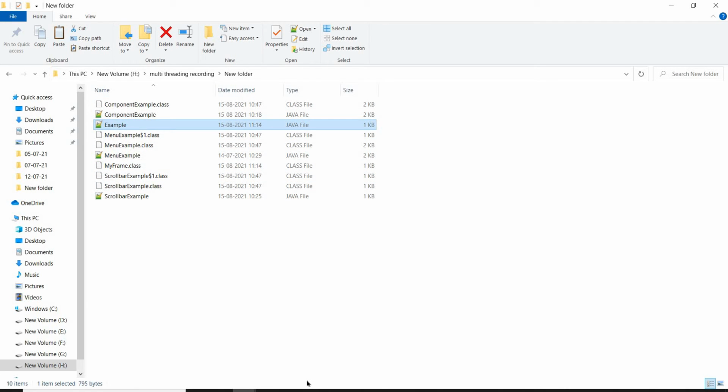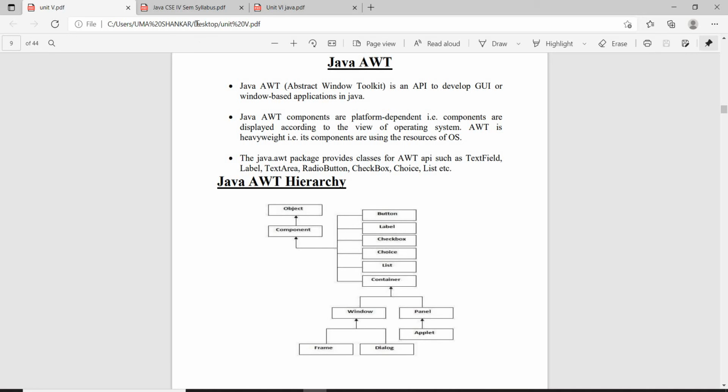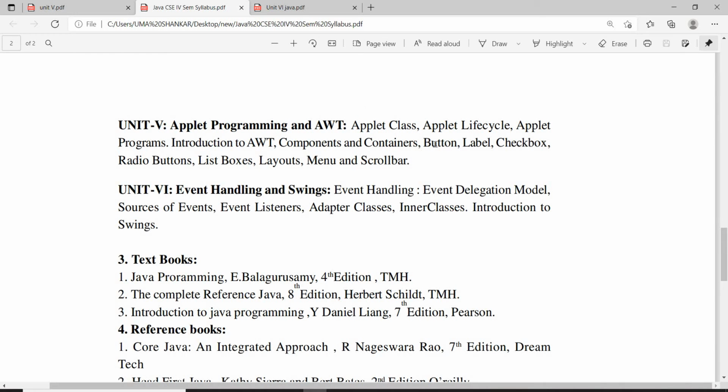Let's see what are the main components that we can add to a frame. In the syllabus we need to cover the button, label, checkbox, list boxes, menu, scroll bar. In general, radio buttons are not supported in AWT, but we can create them using checkboxes. Let's discuss radio buttons in Swing. Special radio button classes are defined in Swing. There doesn't exist direct radio buttons in AWT. If you want to create radio buttons, we need to go for checkboxes in the case of AWT. Let's see button, label, checkbox, list boxes, menu, scroll bar, all these items in a single program.